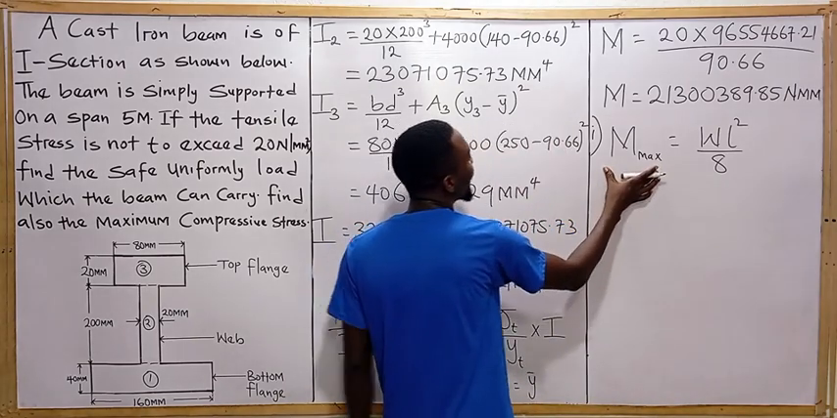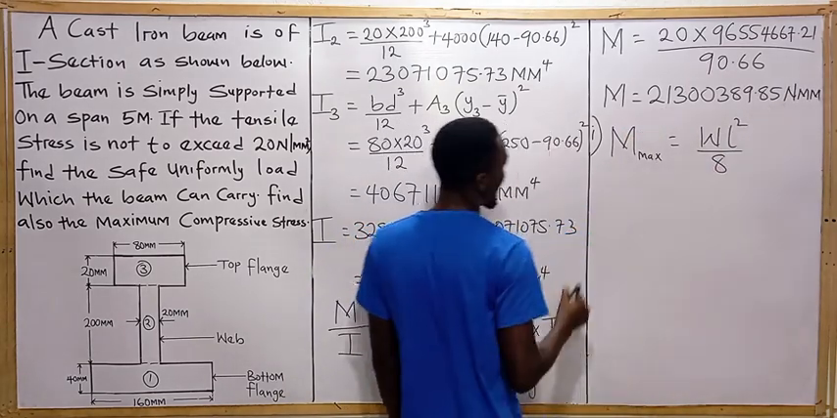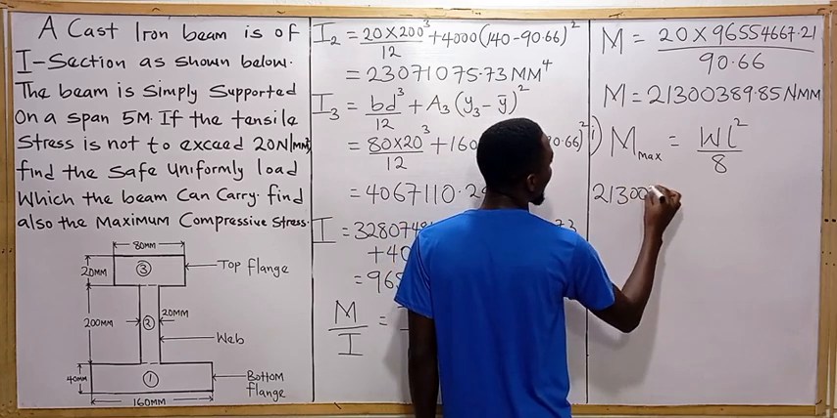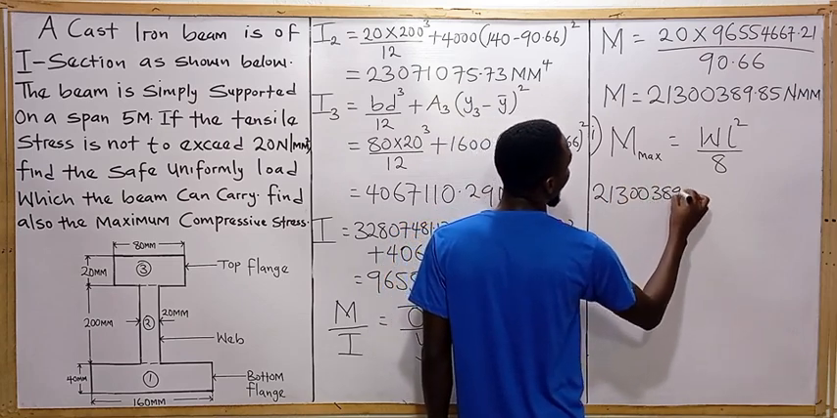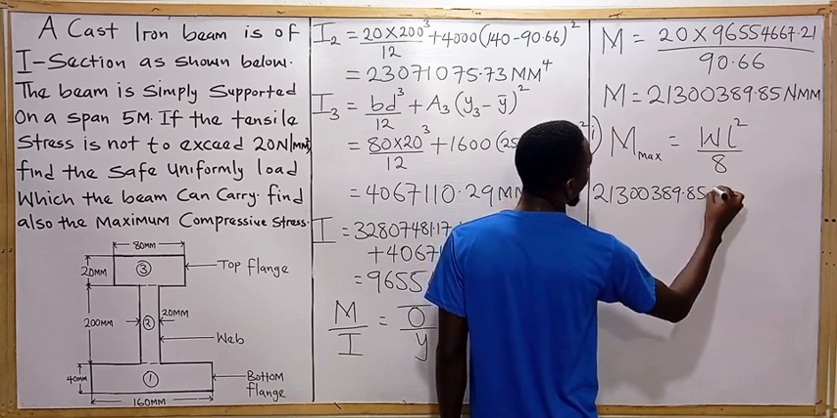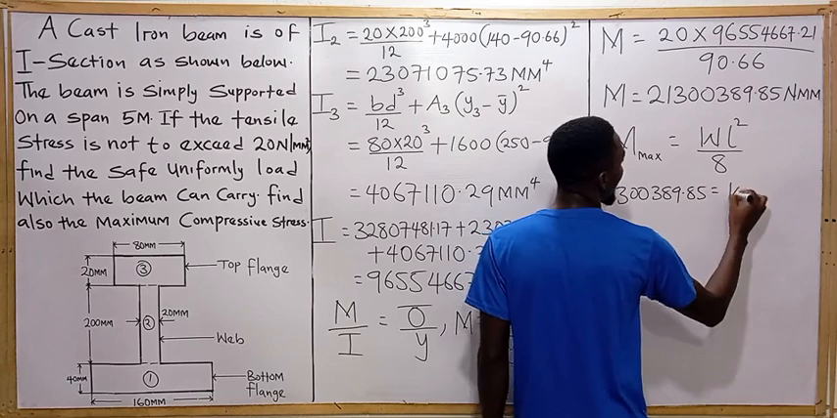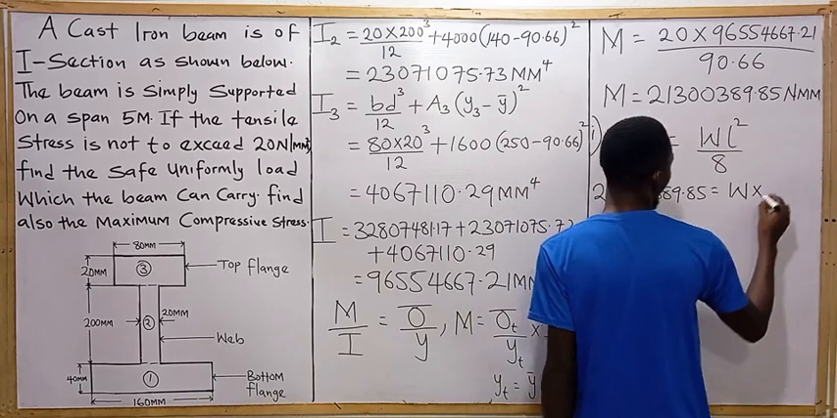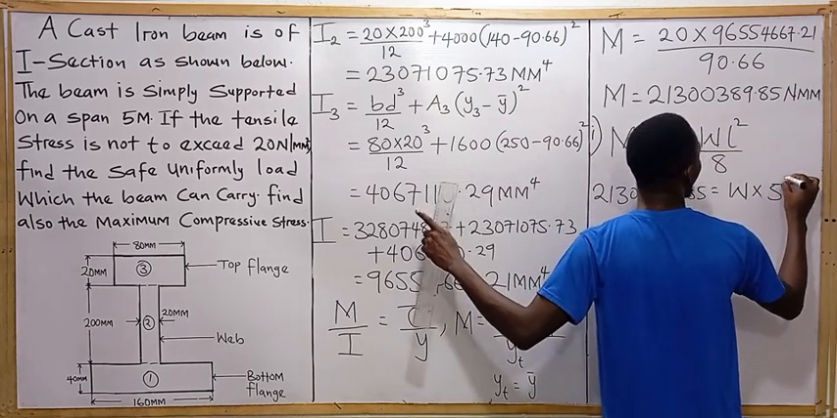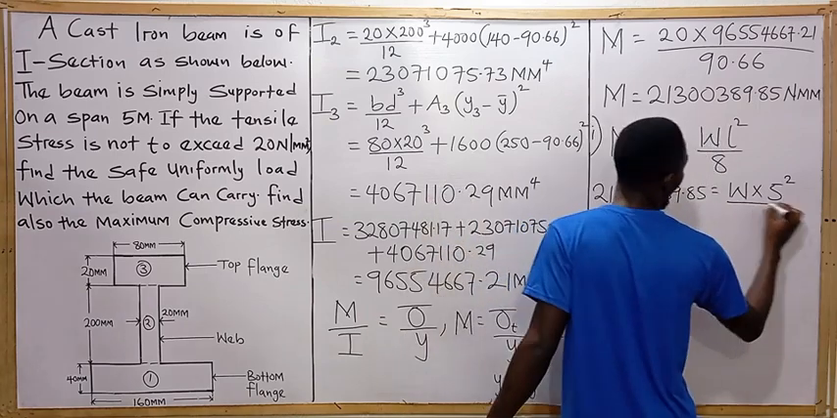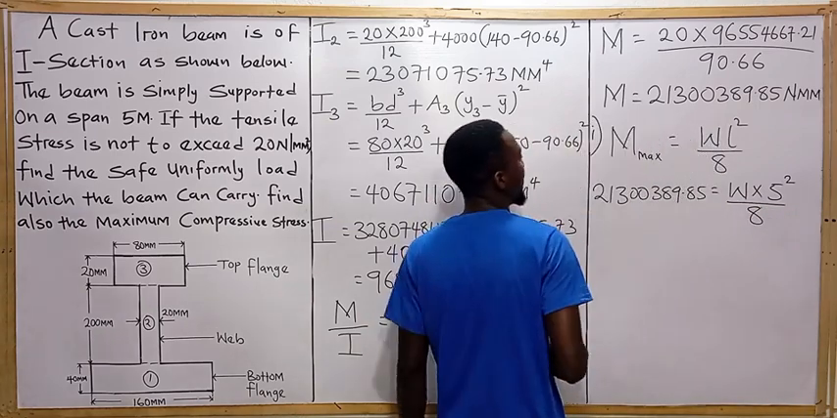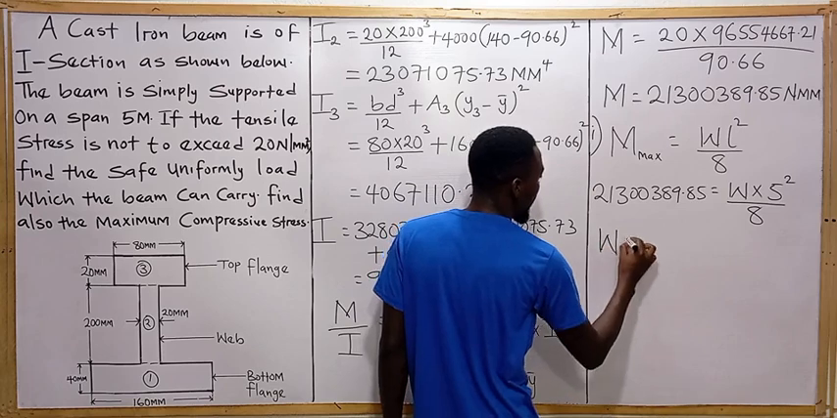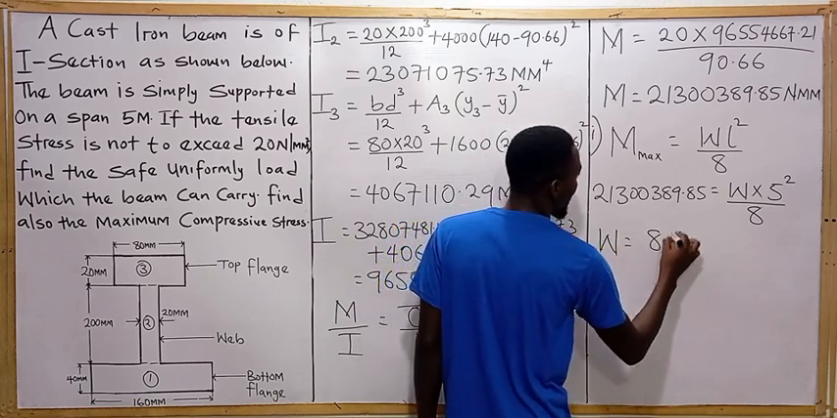All right. So don't forget, we have gotten our maximum bending moment. This is our maximum bending moment here. It is 300, 389.85, which is equal to W multiplied by the length. The length is given to us to be 5, and don't forget it's in meters, so 5 squared divided by 8. If we make W the subject here, W will be equal to 8 multiplied by